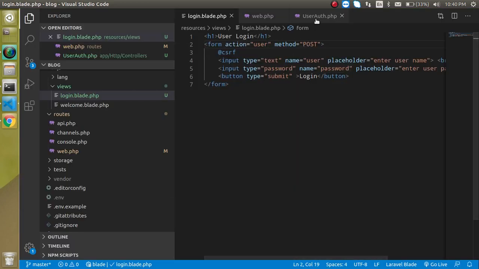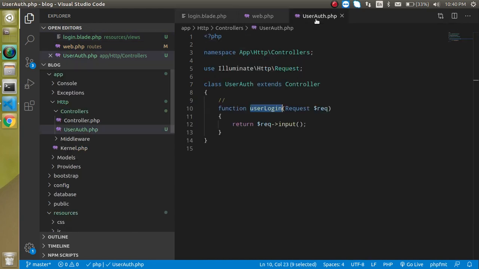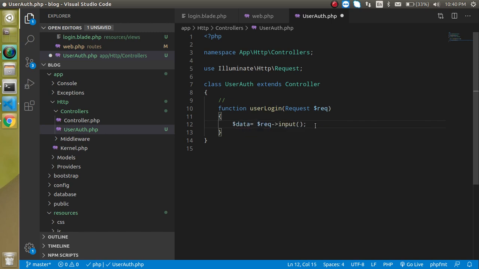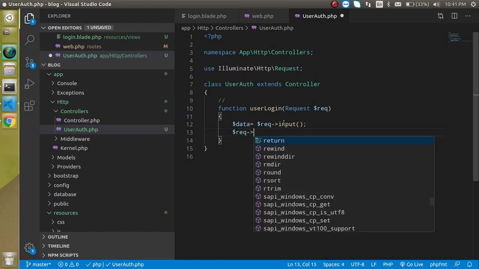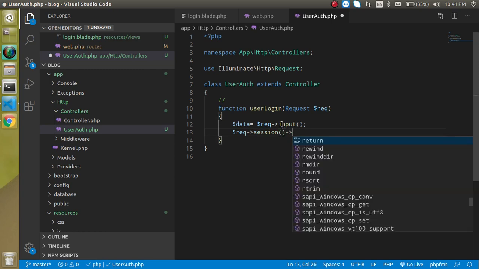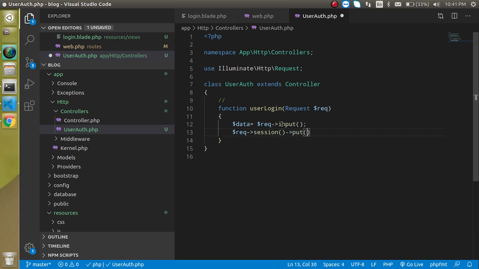So how can we store it in the session? For that, let's go to the user controller and save this data inside a variable. And now let's use $request, and it has a function called session, and this session again has a function put, and the put function will put the data in a specific key. Let's say my key name is user, and I want to put here $data['user'] because this is the username, right? So now the username is stored in the user key.